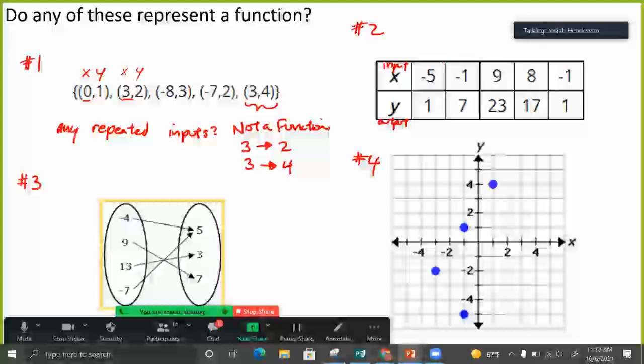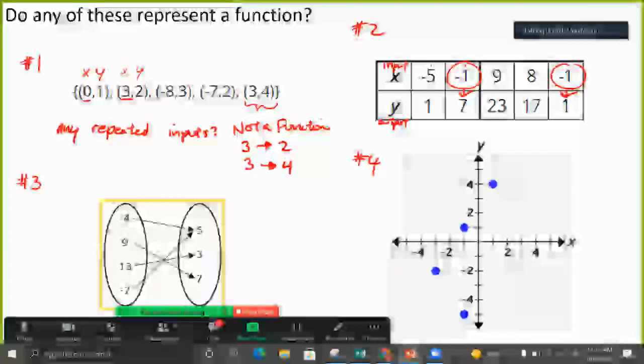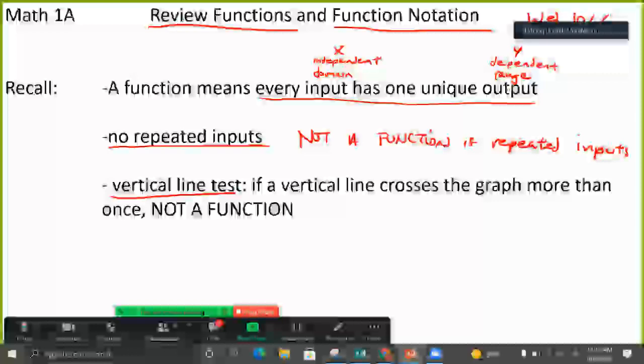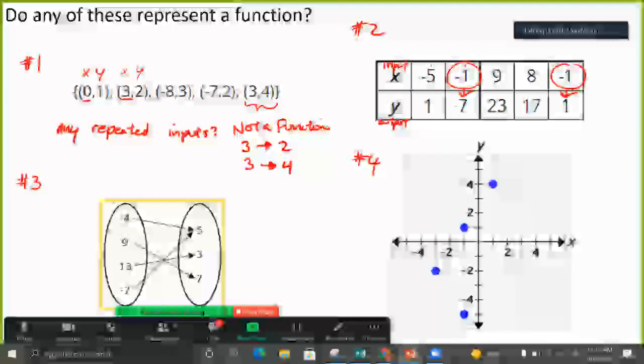So we scan through our table here, -5. That doesn't happen again for inputs. -1. -1 happens here and here, going to different numbers. Because it doesn't have unique outputs. Remember the first, I'm going to go back to this quick. The very first definition, the official math definition for a function, is the top one here. Every input has one unique output. That's the problem. We have the same input with non-unique outputs, like different outputs basically. -1 goes to 7, -1 goes to 1, and that's a problem. That's a repeated input, so this is not a function